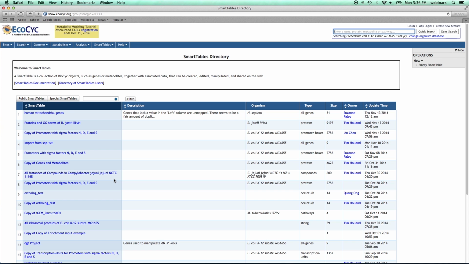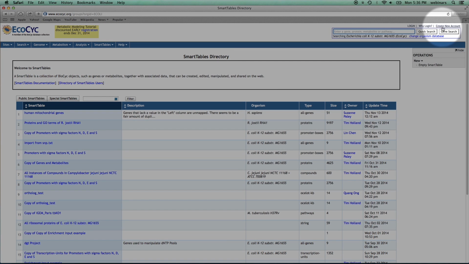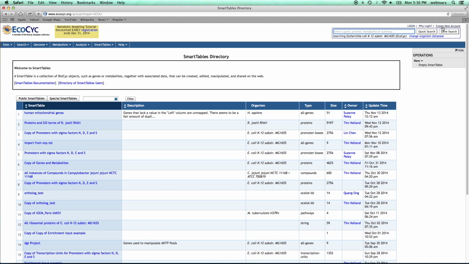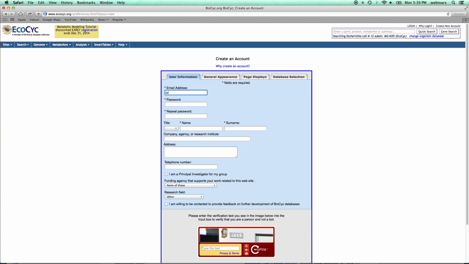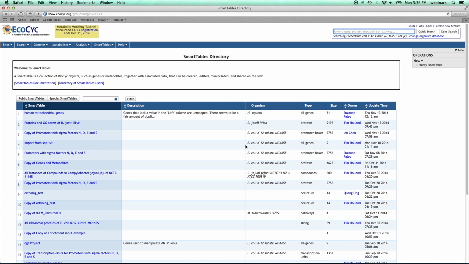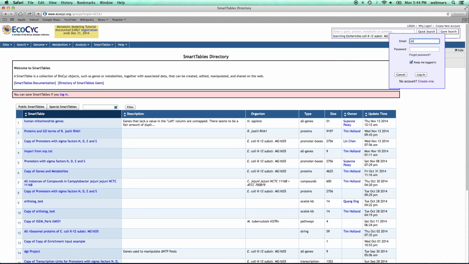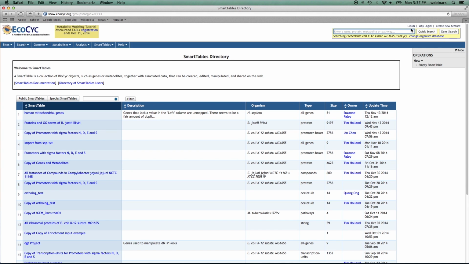If you don't have an account, you can click on the Create New Account link, and we'll take you through the process of creating one. You can log into your account up here by clicking on the login link. Once you log in, you will see the My SmartTables tab, which lists all the SmartTables you've created and are